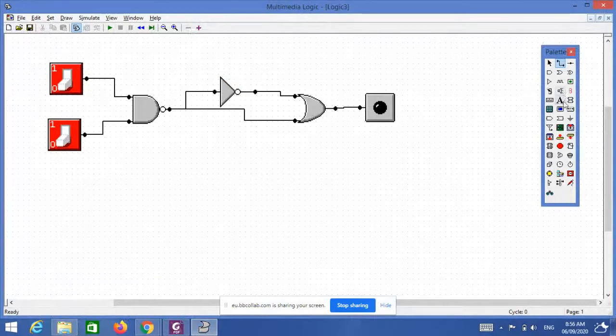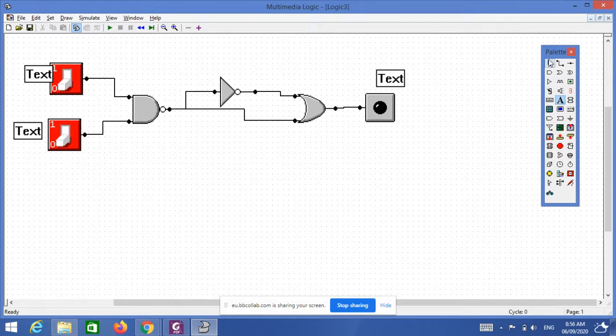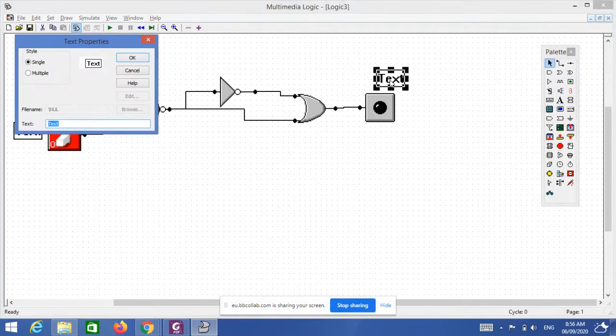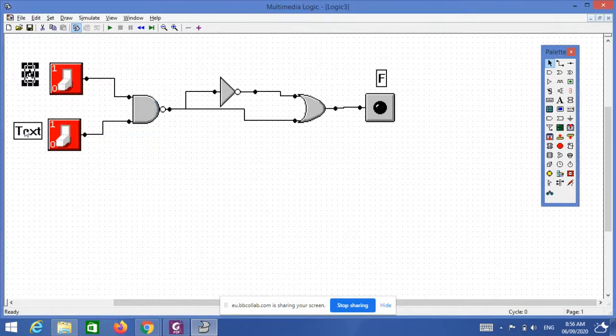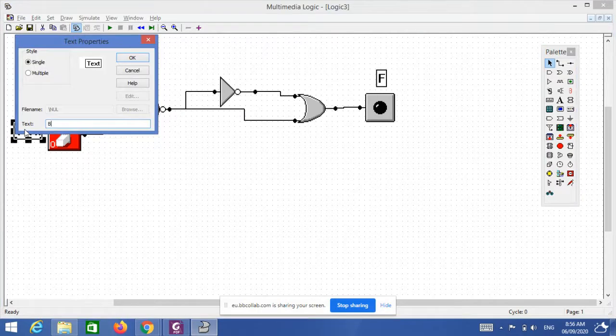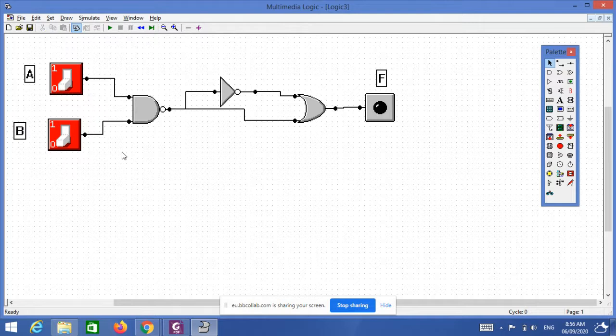Just for our understanding, I'll give names to these so that recording in the table becomes easy. This is F, this is A, and this is B. In simulation, small names are okay, but in the report, as I have shown you, you have to write everything.